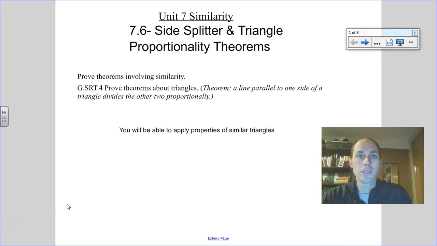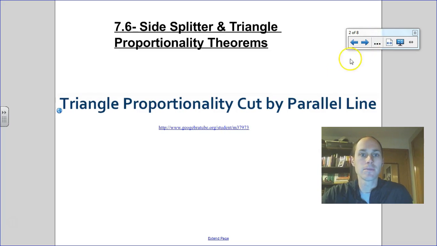All right, let's wrap up Unit 7 as we talk about the side splitter theorem and other triangle proportionality theorems that we can use as we look to find similar triangles and apply that property of proportional sides and congruent angles within triangles. So let's first take a look at the side splitter theorem,